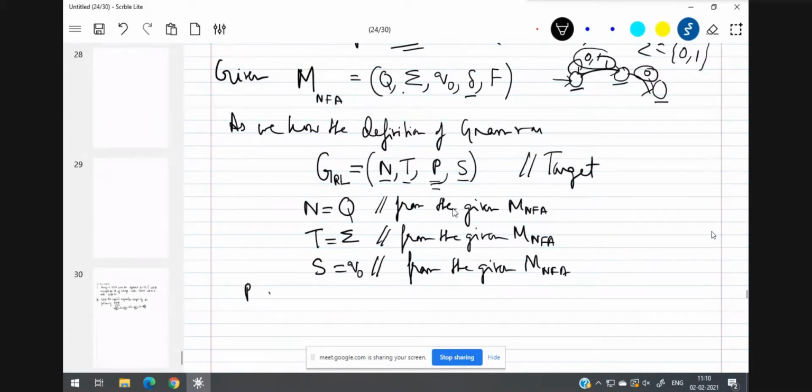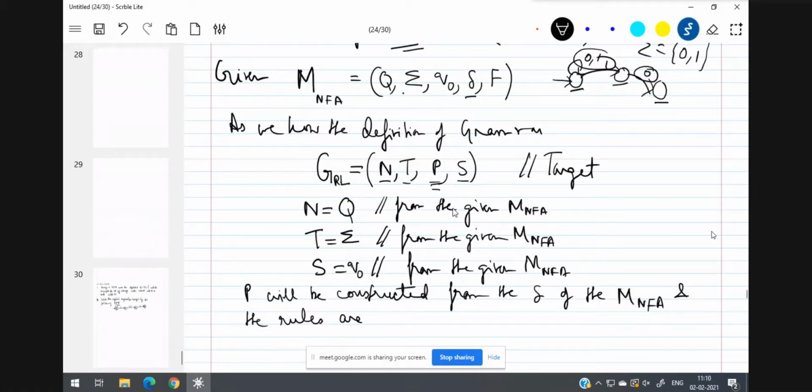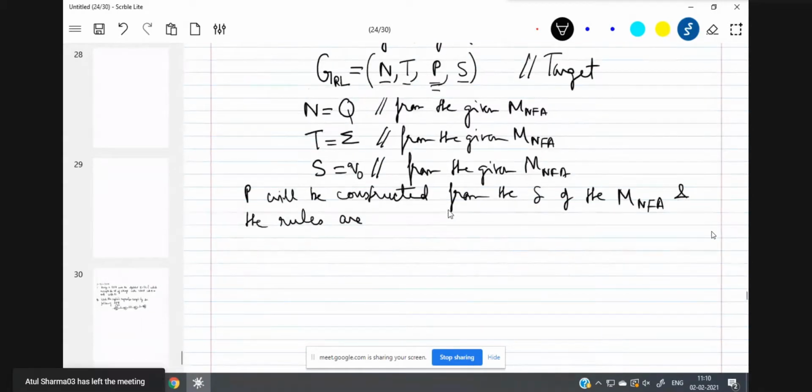Now, let me write: P will be constructed from the transition function of the NFA, and the rules are, let me write the rules, but don't get confused. I'll be taking one example strictly after this, so you will understand that. And the rules are,